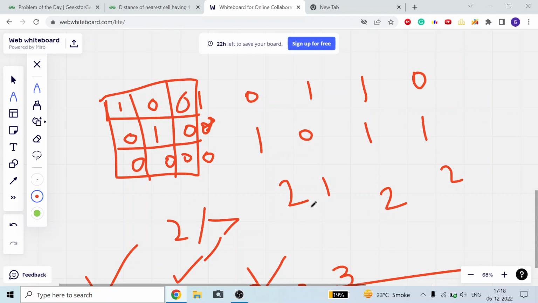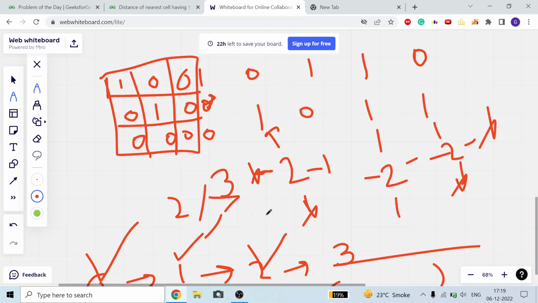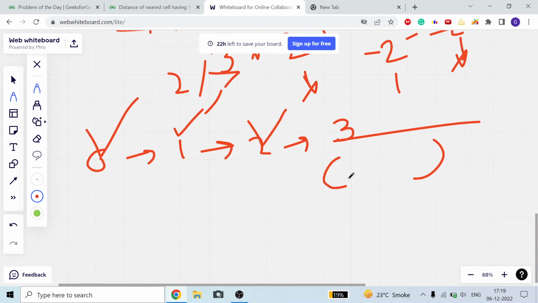Because now when I am going to traverse these two, I will traverse all four directions, because these three are the only valid distance 2 cells. It is not possible, because after 2 I am going to put 3. The minimum of 3 and 1 is 1, I will not update it. Not possible, not possible. I will not update this, not update this. The minimum of 3 and 2 is 2. Not going to update this, not valid, not valid. So you can see I will traverse all the 2s, but it is not possible for me to have any cell in my queue. So at distance equal to 3, my queue will become empty.